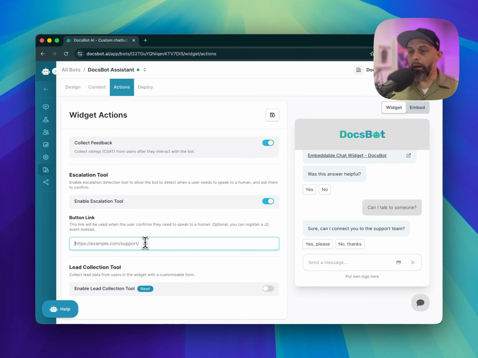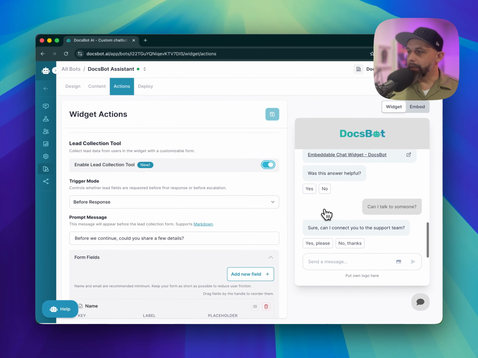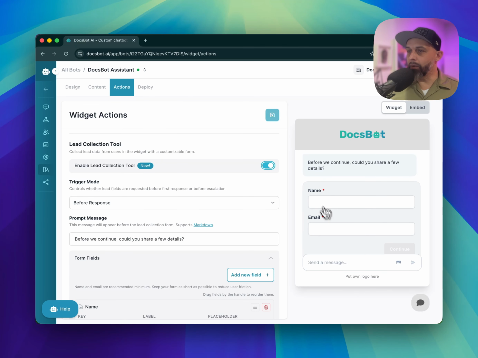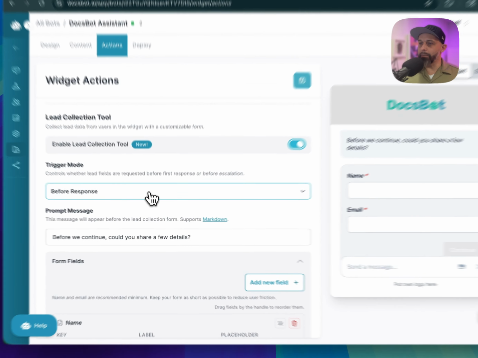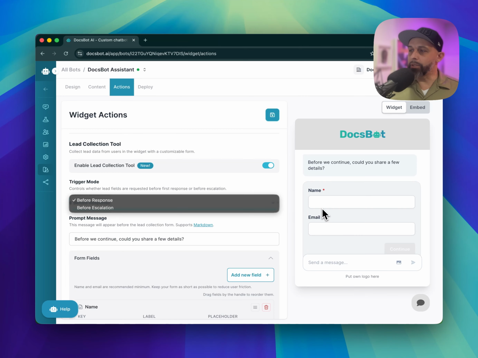Now, our great tool, we've got a full video on this. I'm not going to go too much into it, but our lead collection tool has really been game changing for us. As you can see here, it can be placed and dropped in anywhere in the conversation. So you can say, I want it before response, I want it before escalation. This gives you a way to capture names and email addresses. Great for pre-sales